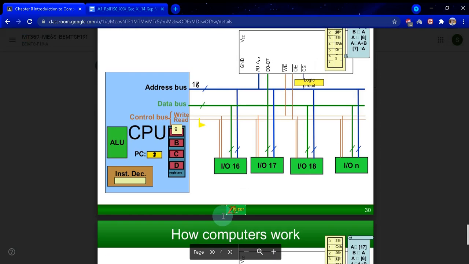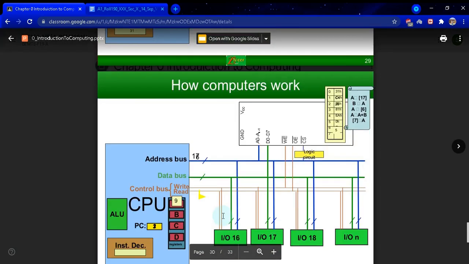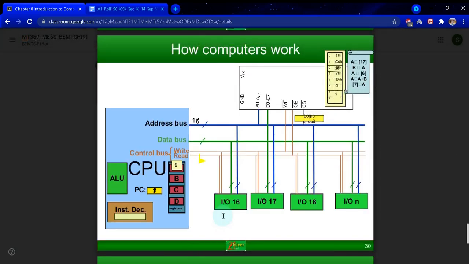And this is how the computer works. This is the process in